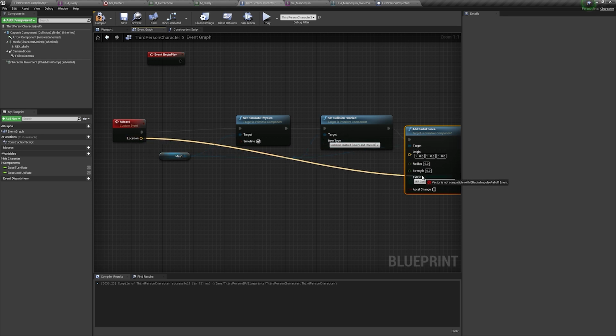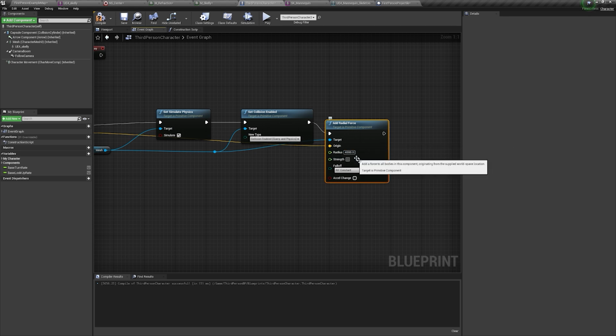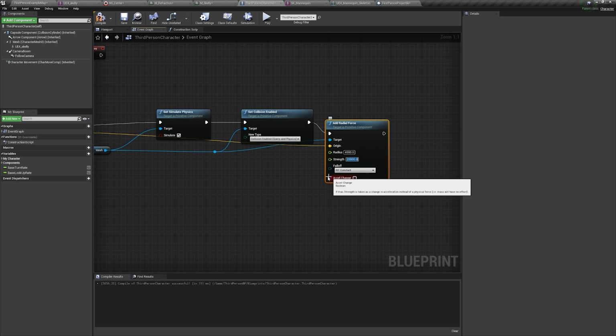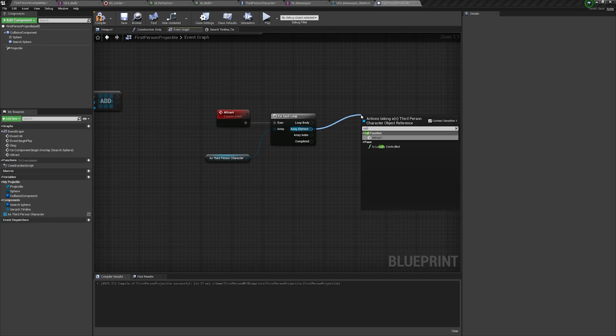and for the location we can connect this, and for radius I will give a value of 4000, and for strength I will give a value of 20,000 or something like that. That will be really big. And tick acceleration change and we can go to the projectile again, and here we can type in call attract,